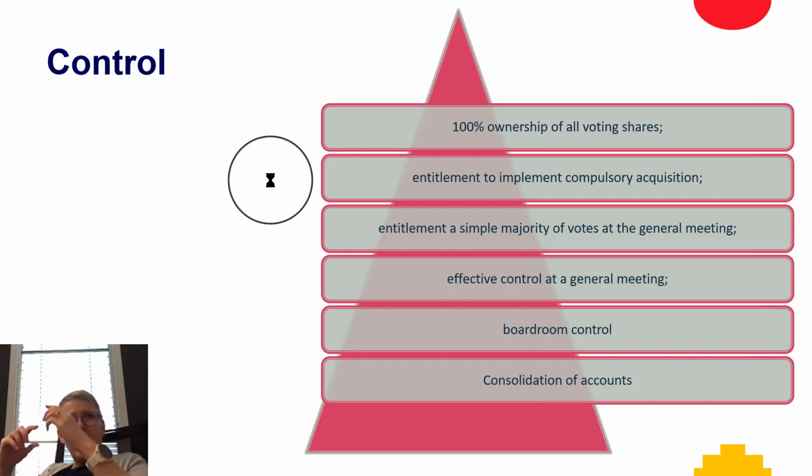But as part of that exercise of mopping up minorities, which is the language we tend to use, at 90%, a shareholder or consolidation of associates who hold that can require the remaining 10% to sell their shares to them, or the remaining 10% can require the 90% to purchase their shares from them. It's kind of a statutory drag-along, tag-along set of rights.